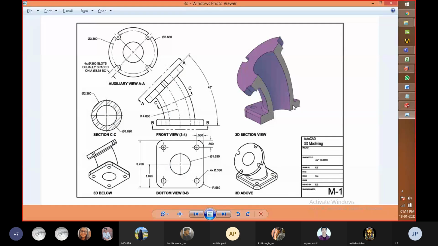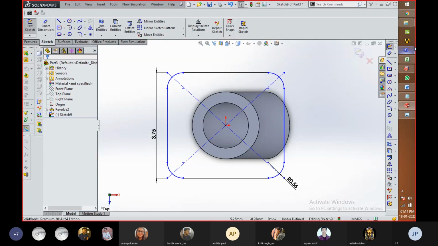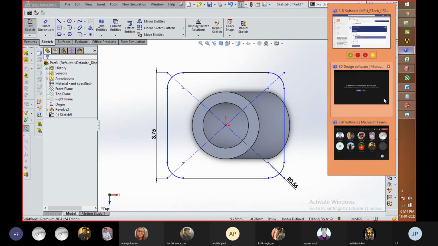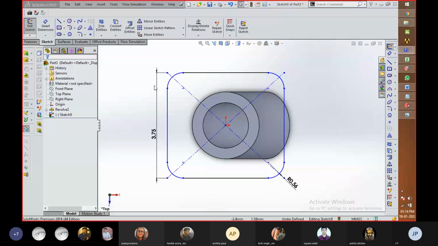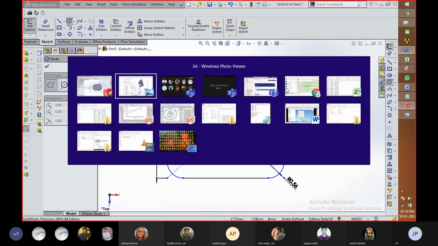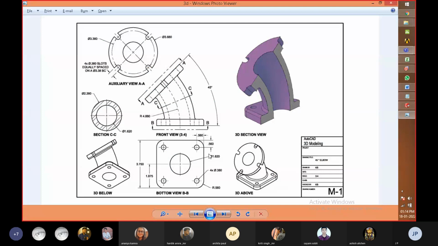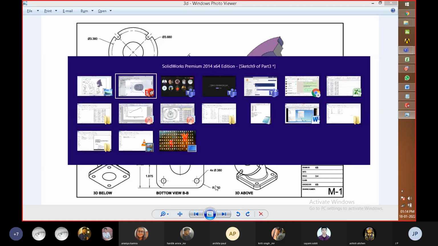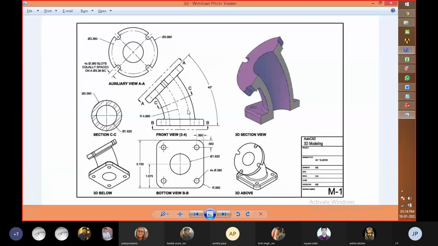After that, we are going to create these circles at the corners. Okay, so I'm going to create a circle over here. The diameter of this circle and the distance from both sides is 0.560. So we can see that the center which we got by creating the fillet was the center of these circles.